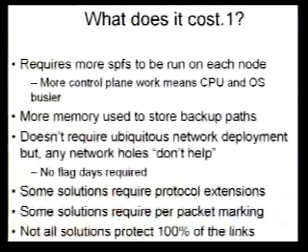So let's quickly review. What do these solutions cost? We are running more SPFs. Means more control plane work, more CPU, the OS is busier, we need more memory. We don't require ubiquitous network deployment, but network holes don't help with IP Fast Reroute. If you've got a hole in the network, we simply are going to go back to the old way of converging, which can be pretty quick, but we're going back to the old way of converging and having microloops at